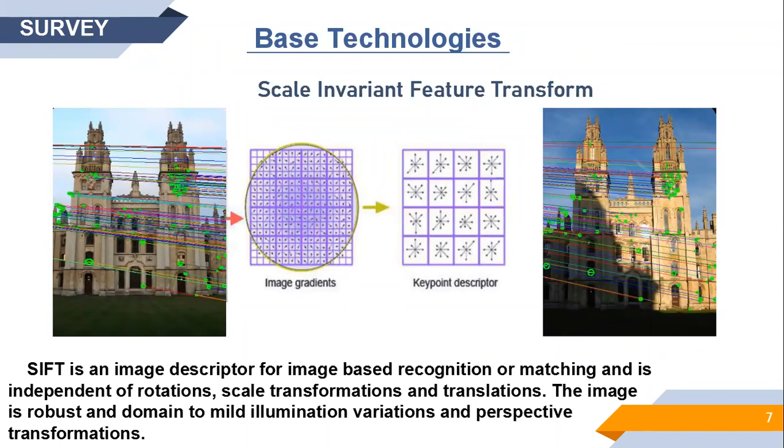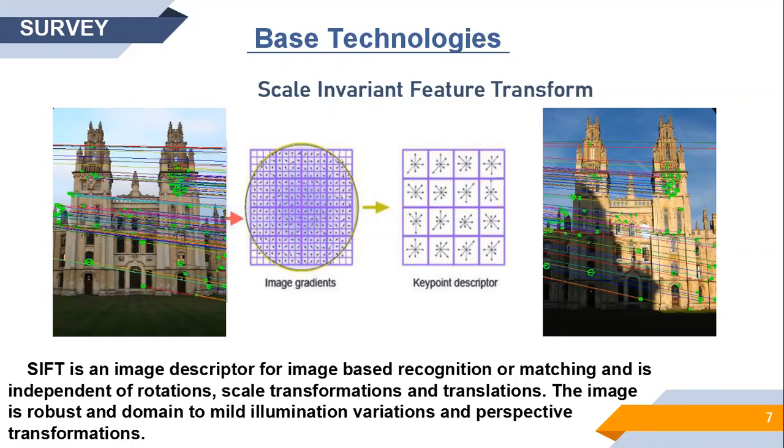Initially, if we want to read an object, we have data sets. Based on the data sets, it reads the image, compares it with old data sets, and provides the output. On the left side, we see the image taken during the collection of data sets. First we detect the image gradient, and there is a separate algorithm for image gradient. Image gradient means, for example, if we compare two mobile phones, there will be a difference when we see the symbol. That symbol defines the particular character of that mobile. This is what the image gradient does. It will differentiate between the images.